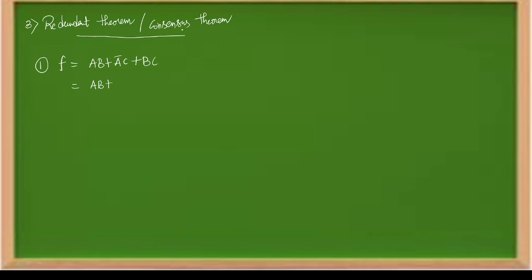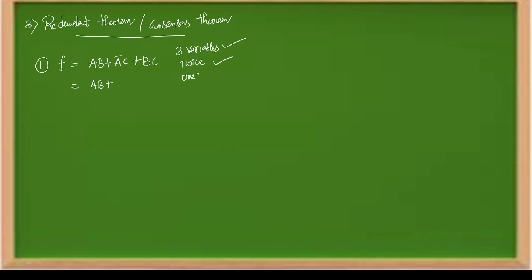In order to apply the redundant theorem or consensus theorem, the condition is you must have three variables. Here in this equation, how many variables do we have? Three variables. The second thing is that all three variables must be repeated twice. Here you get B, here you get B. Here you get A, and here you get A. And here C, here C. So each and every variable must appear twice, and you must have three variables. And the last thing is that